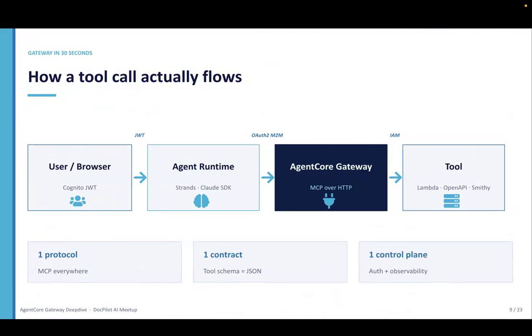So the flow works like this: when anybody logs in, everybody will log in using Cognito. It will create a unique token, and then all our agents will run on the Agent Core runtime. Once that is done, the Agent Core Gateway will be invoked and make a call. Currently, we are using a Lambda function as one of the tool calls.